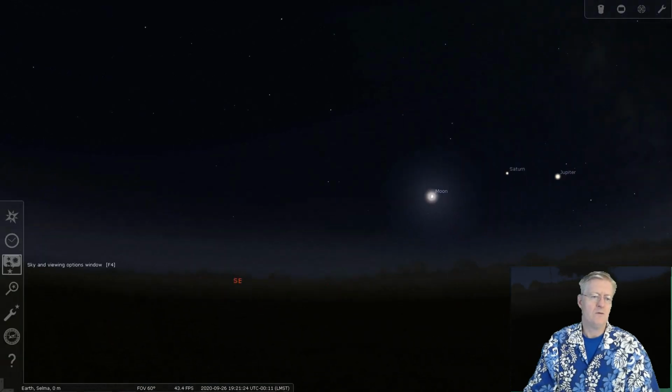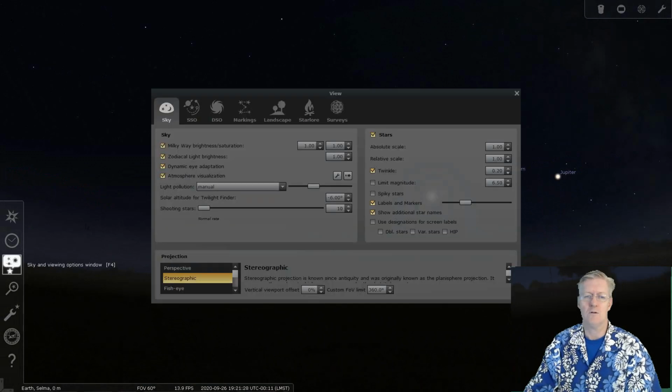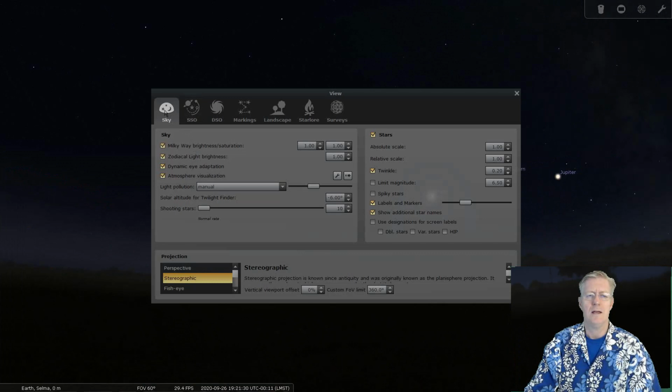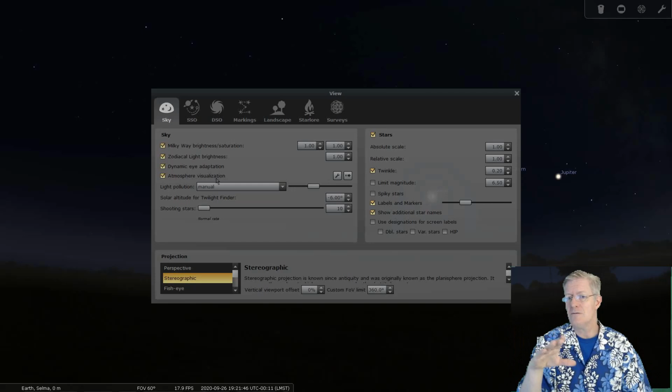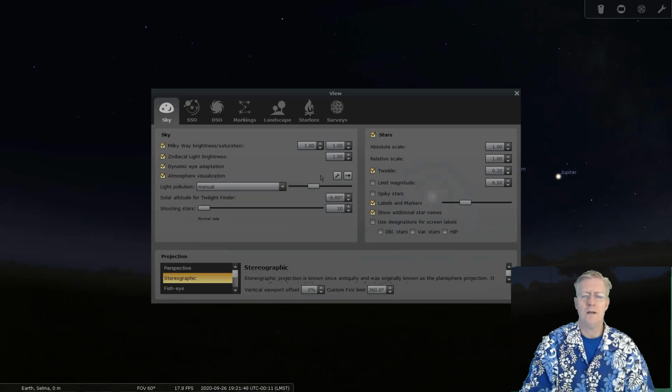The other thing we could do is we can change the sky and viewing options. So let me open that up for us real quick, and notice in the sky we have the Milky Way brightness and also the saturation, which is important. Zodiac light brightness, dynamic eye adaptation, even the atmosphere visualization. We can take that off totally, or we can change it so that the atmosphere is affecting it more or less.